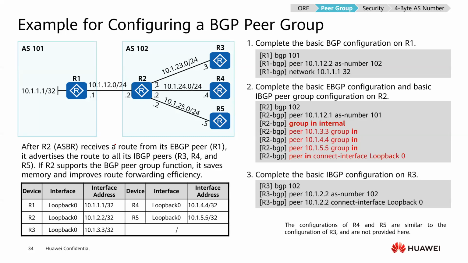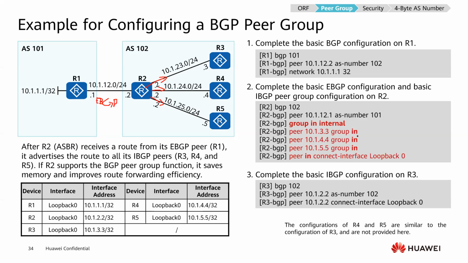And this is an example for the R1 and R2, they establish the eBGP, and for the R2, it needs to establish the iBGP with R3, with R4, and with R5. And also for the R2, it needs to send the route from the R1 to all of them. So in this scenario, you can use a